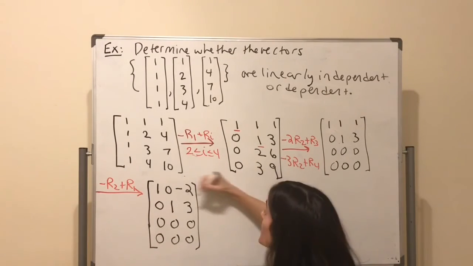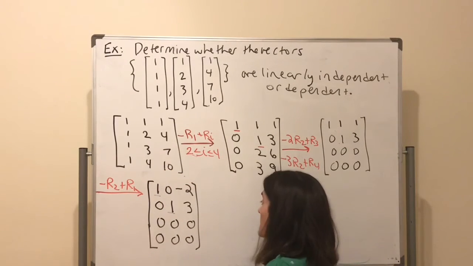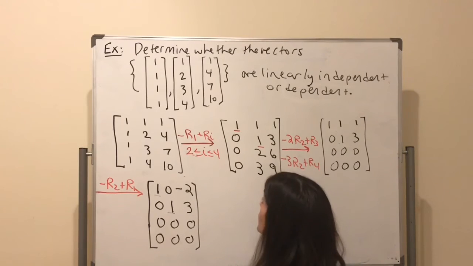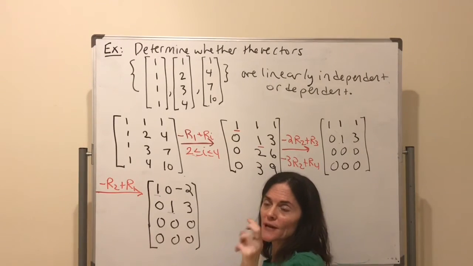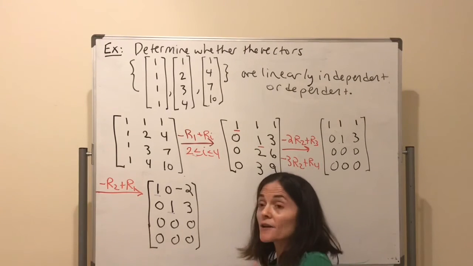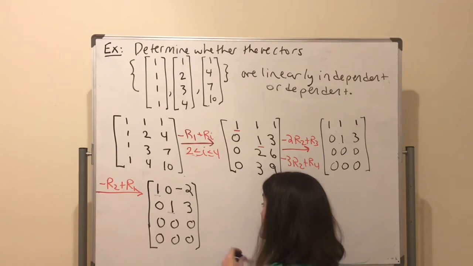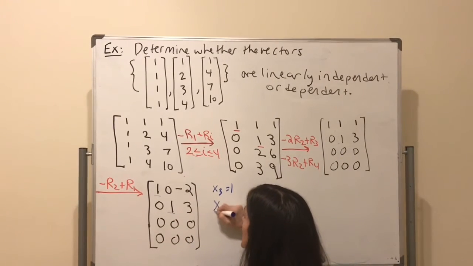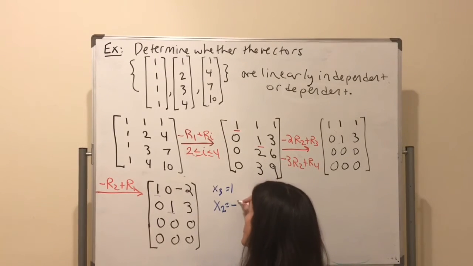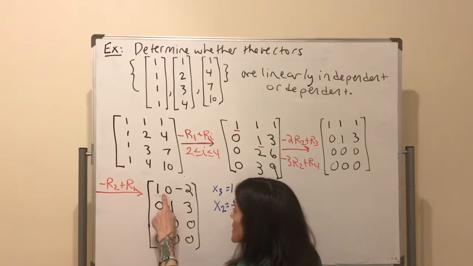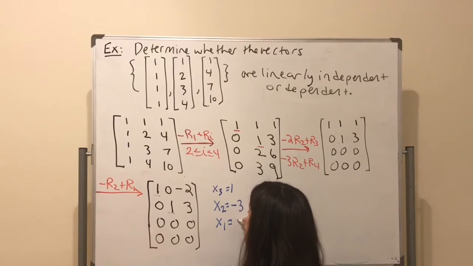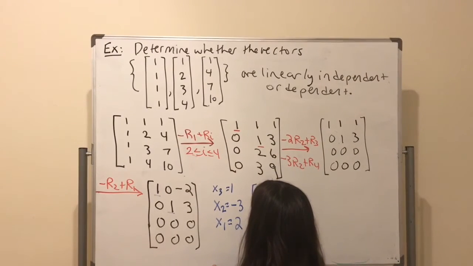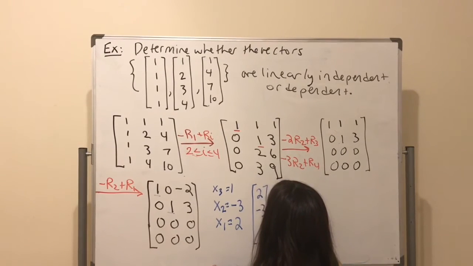But let's go back to here, reduced row echelon form. We see we have leading 1, and then free variable. So we will in fact have something in the kernel. And what will this be? Well, let's just find one thing rather than putting a t and writing a general vector in the kernel. Let's find one thing because that's all I need to make my justification. So I can, for instance, just set the free variable to be 1. This equation says x2 is minus 3 x3, or minus 3. And then the top equation says x1 is 2 x3, or 2 times 1. So this vector here, (2, minus 3, 1), is in the kernel